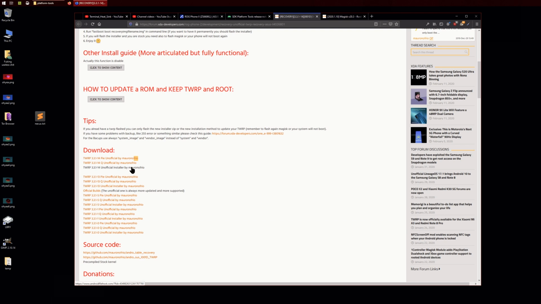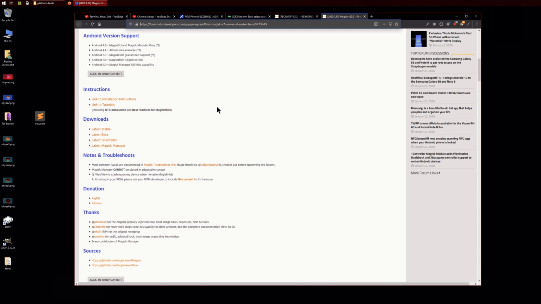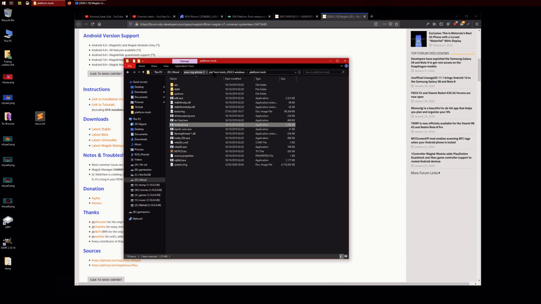If you don't want to install TWRP permanently, I'll show you how to do that first, and then I'll show you how to install TWRP as well and keep root. So just download these two files if you're following this tutorial for Android 9, and then for Magisk, what you'll want is to download the latest stable one and the latest Magisk Manager as well. So just two files here as well. So once you got those installed,